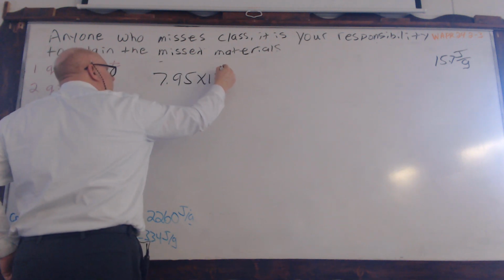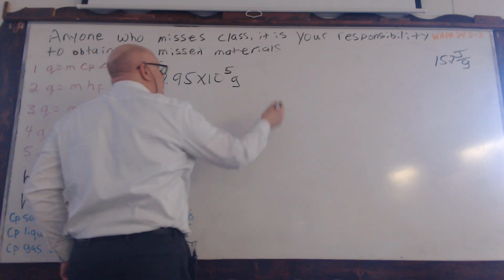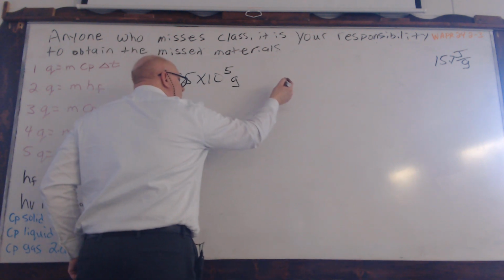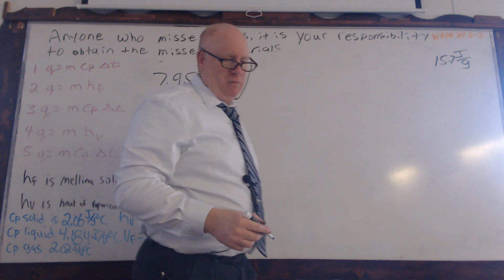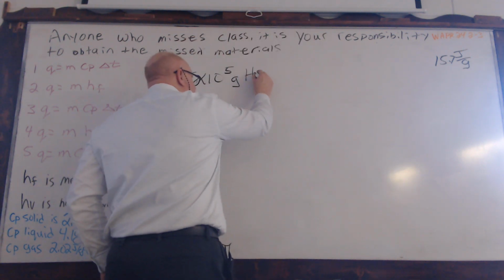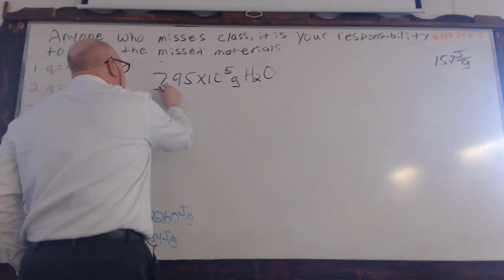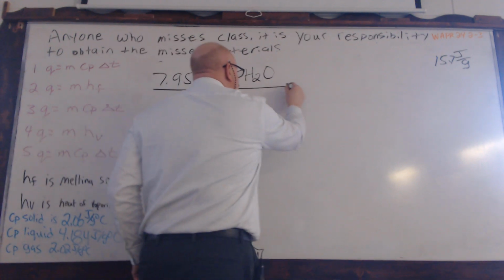The fifth? Now, you could write grams of ice here, but really what substance is that? Yeah, H2O, because it's a known substance. 4.18. Okay? So, in this case,